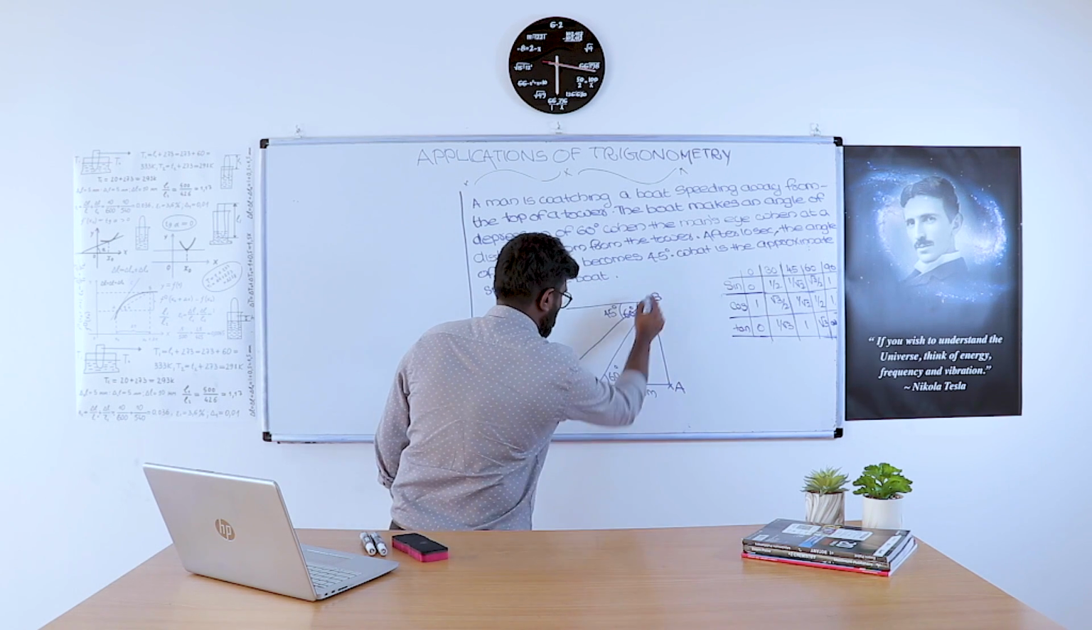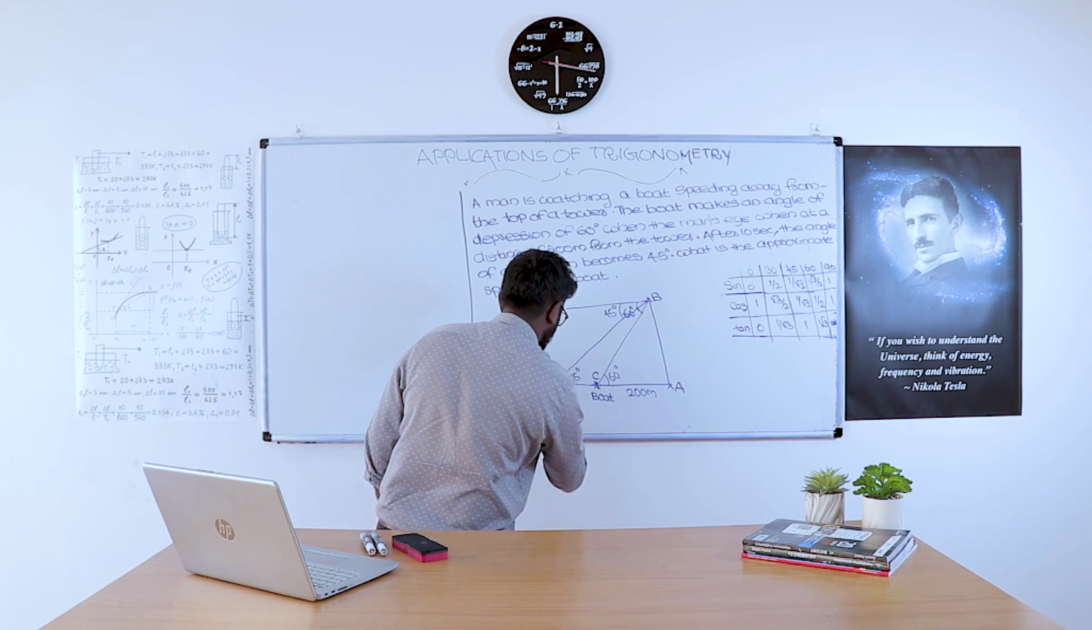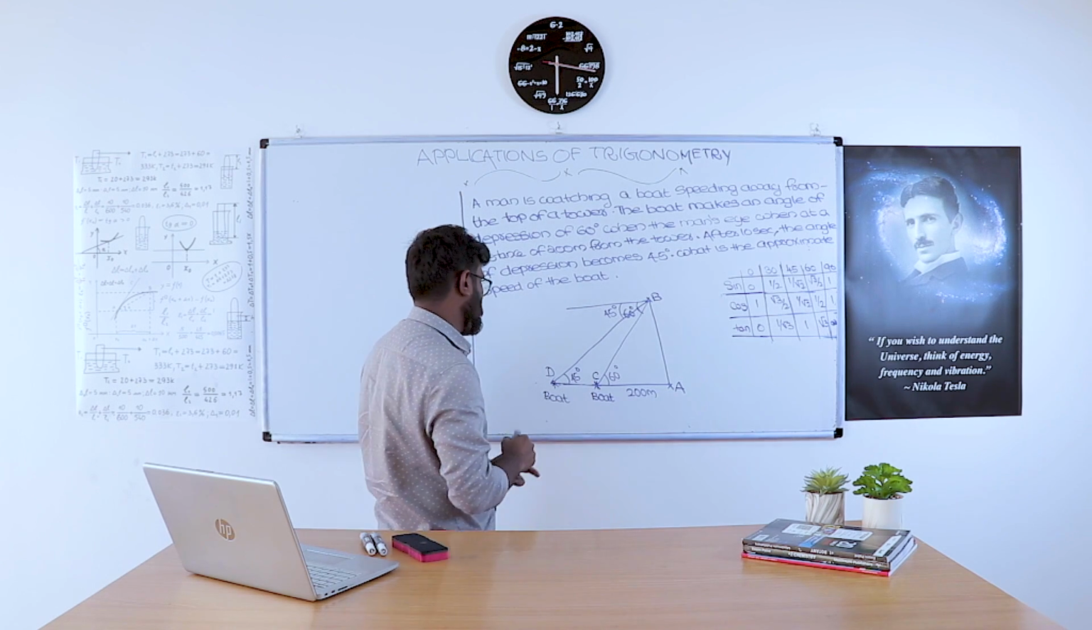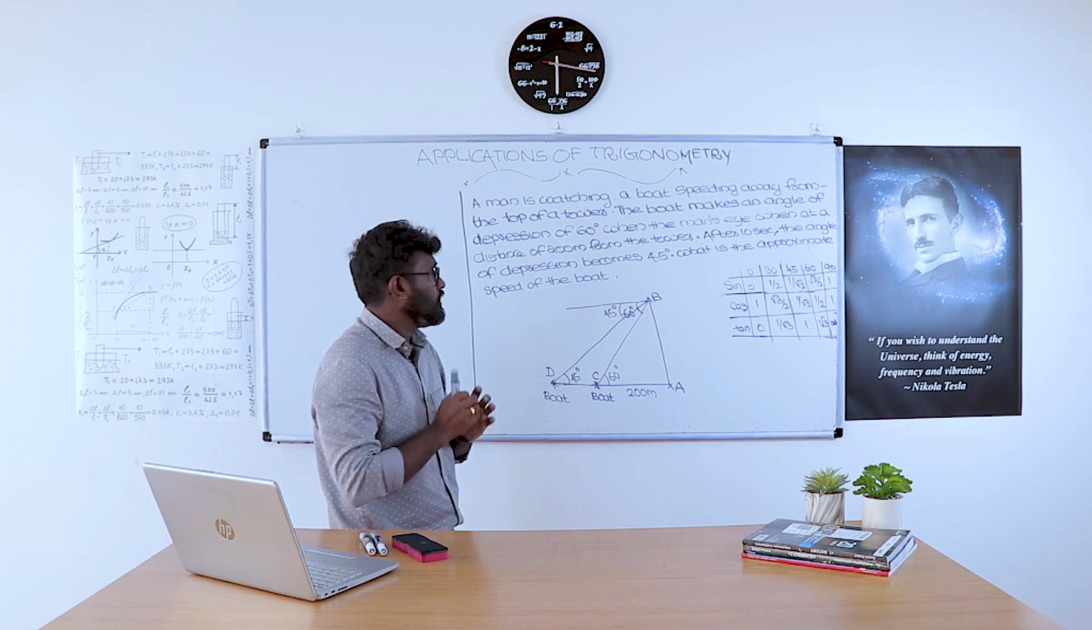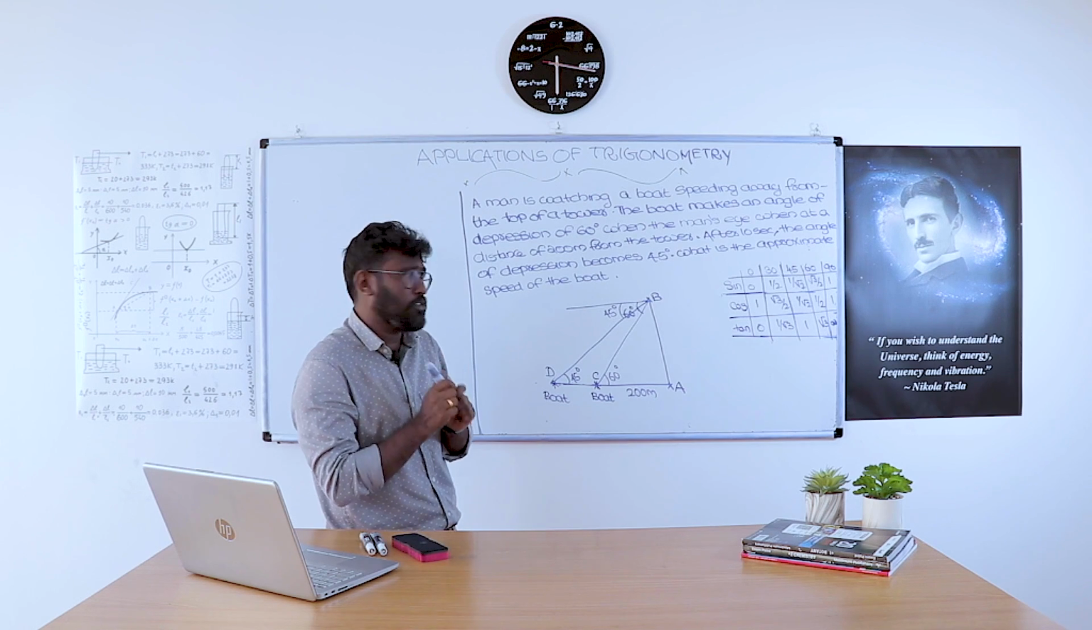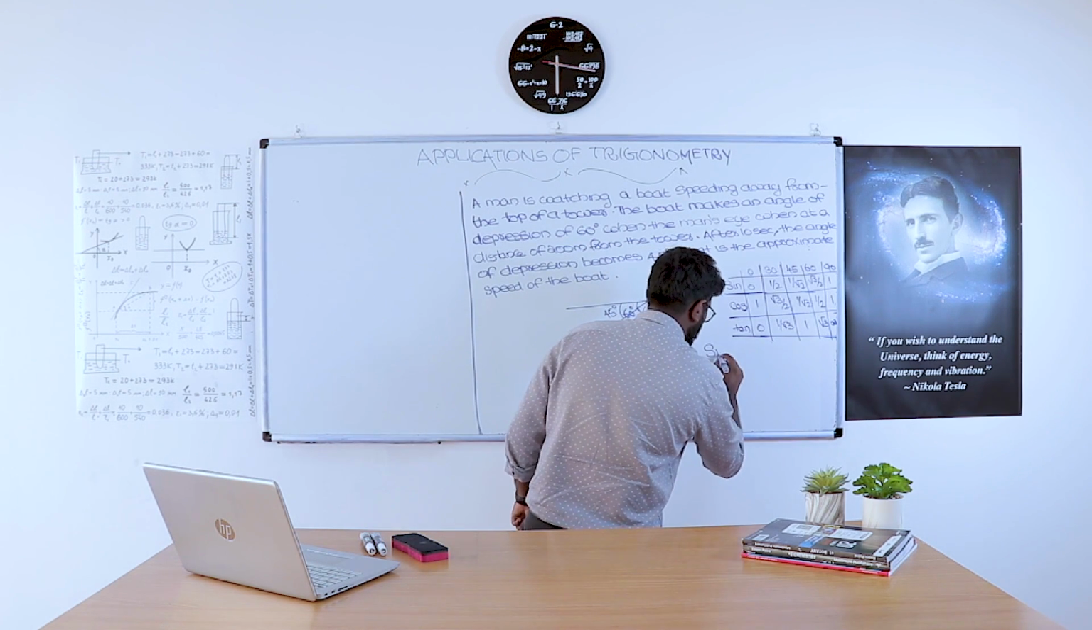We will give the name A, B, this is C, this is D. First position of the boat is C and the second position of the boat is D. So we want to find out the approximate speed of the boat. What is the equation for speed? Speed equal